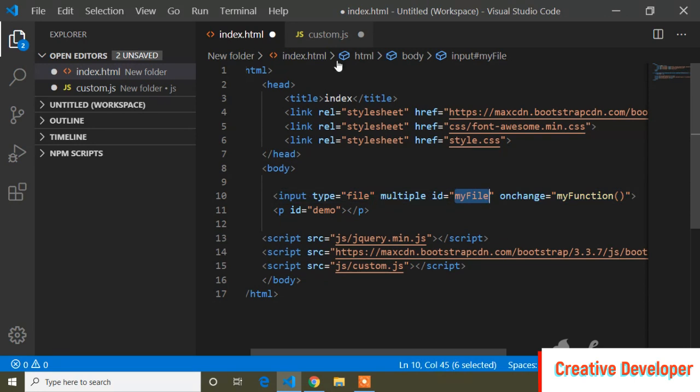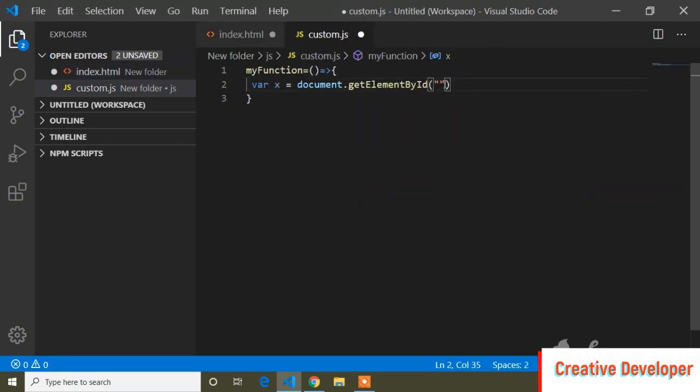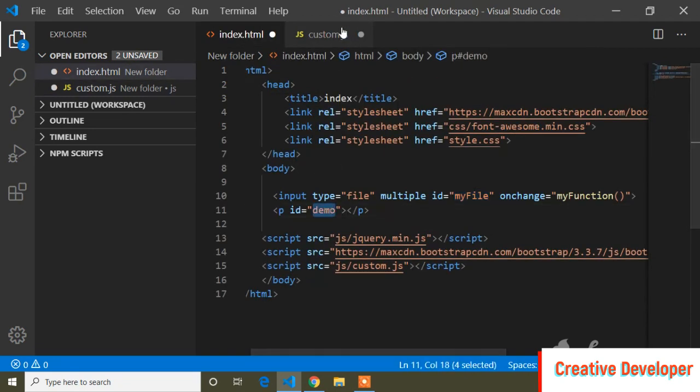I will copy this id and paste here. And now I will write another variable, text, equals blank, because I'm storing all the messages inside this text variable, and after that I will print this text variable in this demo id.